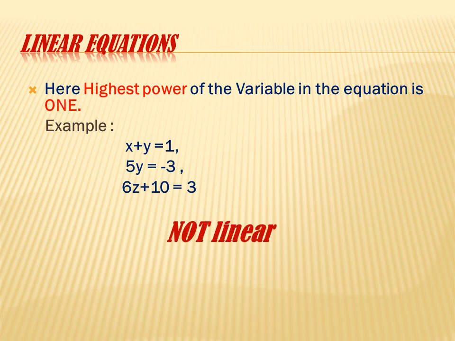Now let us move to the contradictory part, and that is an equation that is not linear. So we have examples here. In first example, we have x square plus y square is equal to 1. Now since both the variable x and y have power 2 and 2, so the highest power is 2, so it is not linear. Now the second example we have is x cube plus x square plus x is equal to minus 2. Here the variable x has power 3, 2 and 1, and the highest of all of these is 3, so it is not linear.